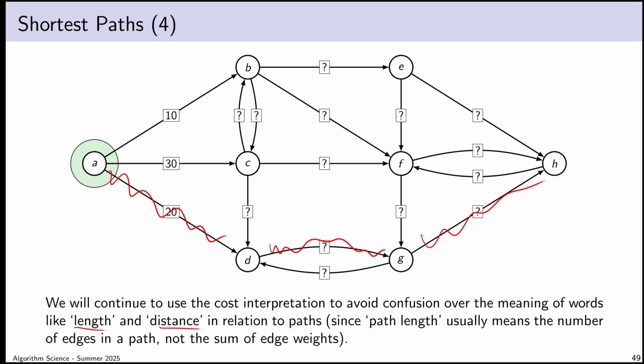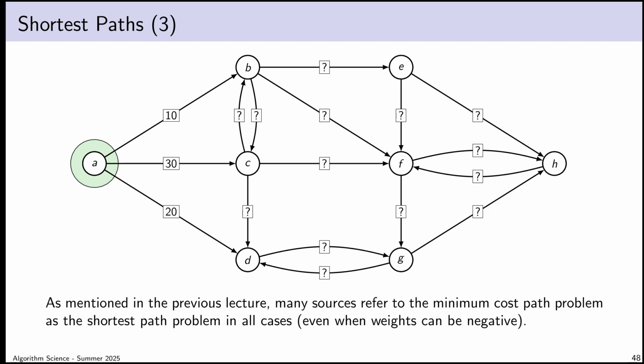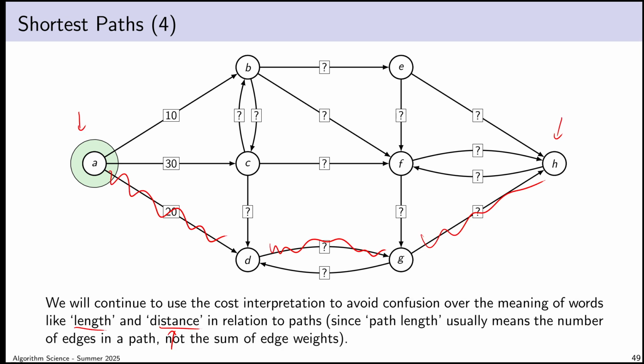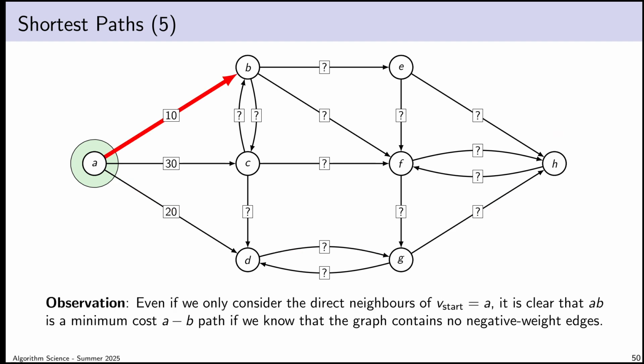If I talk about the distance from vertex A to vertex H in an arbitrary graph, especially one with no edge weights, the graph theoretic distance between two vertices is the number of edges on the path with the fewest edges, so the minimum length of a path. Those already have well-defined meanings, so it feels to me like we're just going to be confusing things by talking about shortest paths, because shortest paths could mean something like a path with the fewest edges. I brought this up at the beginning of the last lecture as well. That's one reason I like to stick with the cost interpretation.